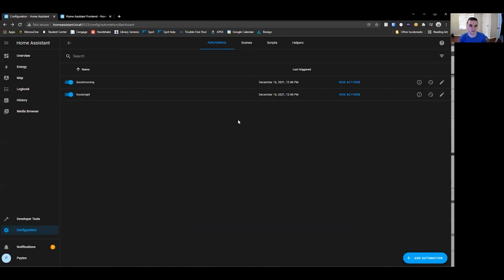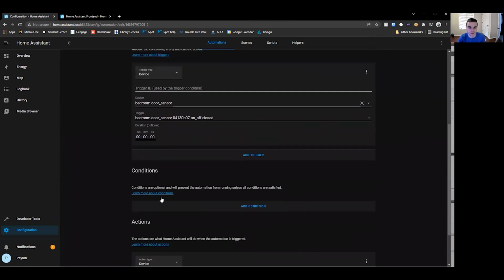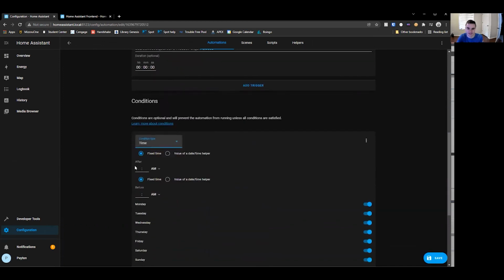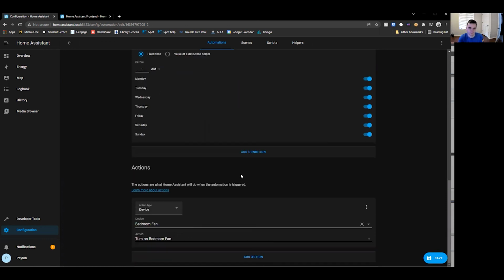So now that we have these very simple automations, let's add a condition to them. Like I said before, the conditions all have to be true before an automation can run. So in the case of Good Night, when we go to bed, we can add a condition. And you can see this drop down has all these conditions, right? So time, you can have a sun, you can have a zone or a trigger or a device. In our case, we want a time. So we want the time to be after, let's say we go to bed at 10. So after 10 o'clock p.m., we can have this automation run